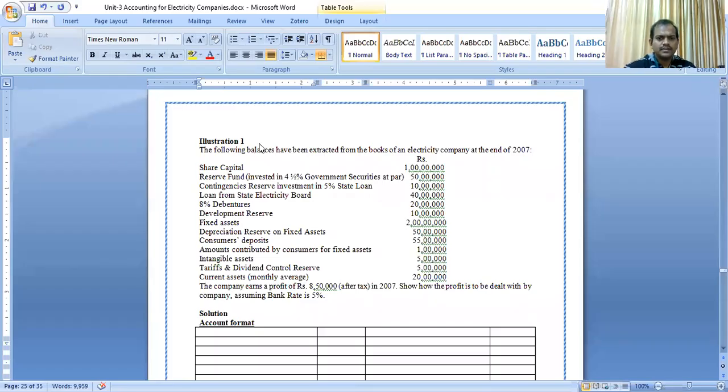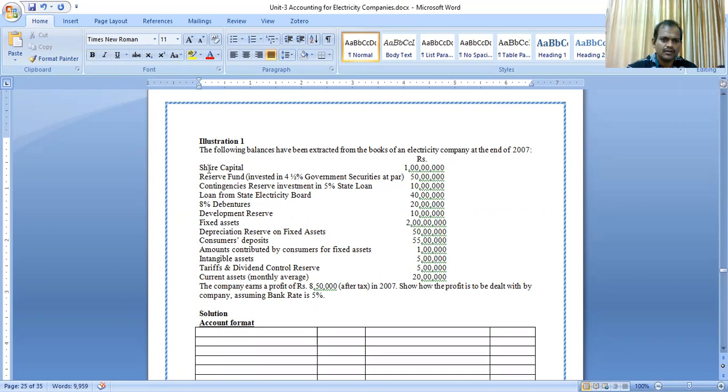Accounting for electricity, disposal of surplus. So in this concept, we are going to solve the illustrations. Illustration number 1. The following balances have been extracted from the books of an electricity company at the end